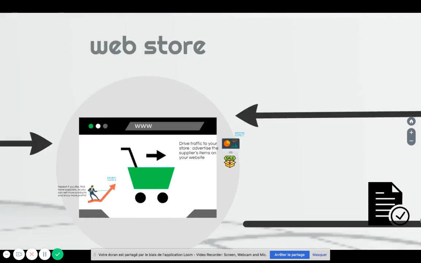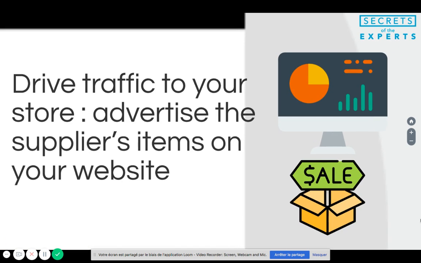Step number two is that you're going to drive traffic to the store and advertise the supplier's items on your website. And this is where Shopify comes into play. You're going to create a Shopify store, a really nice looking store, and all the products from the supplier, you can showcase them there. When I say showcase, the products are just going to appear on your website.